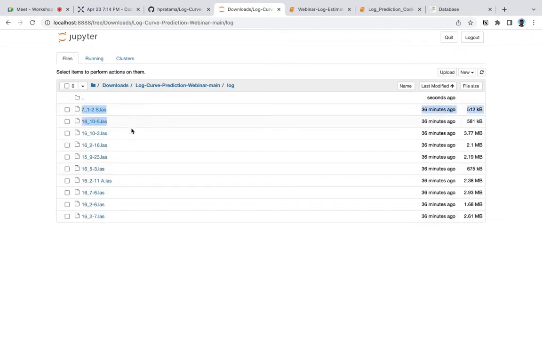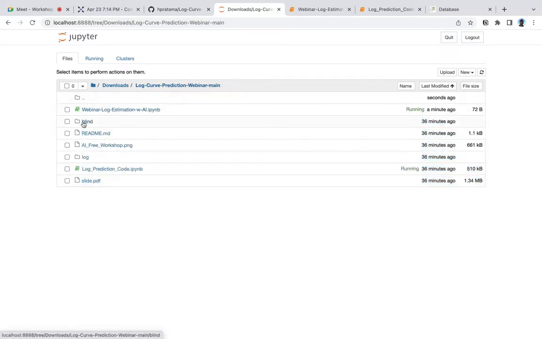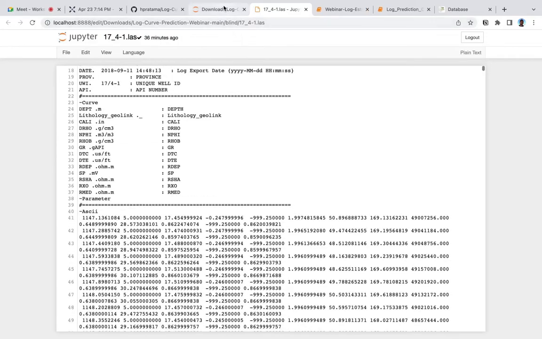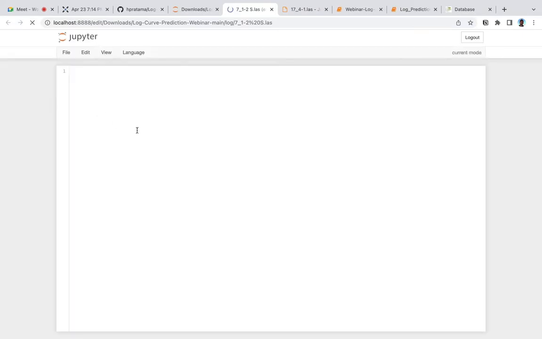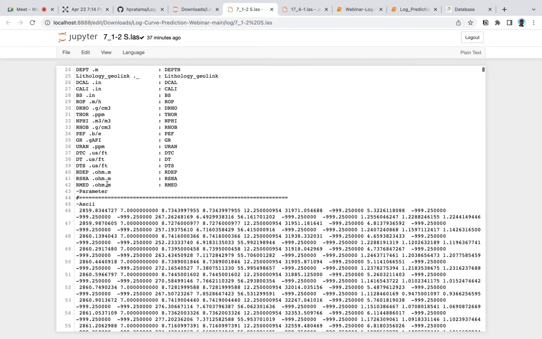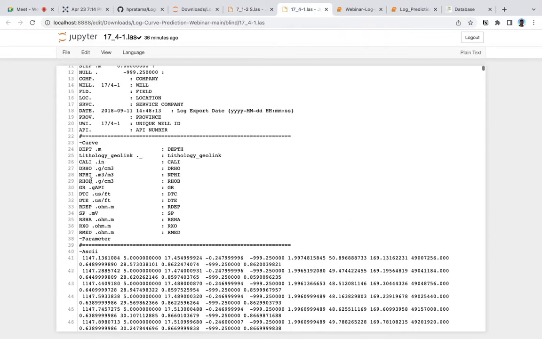So this is the data that we want to train on, and this one is the data that we want to predict or estimate. If we look at the logs here, one log has the DTS, but in this file we don't have any DTS.